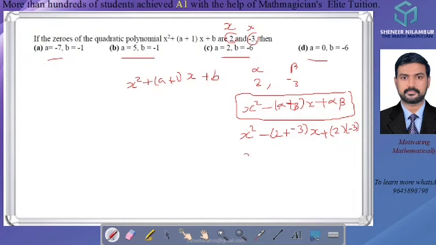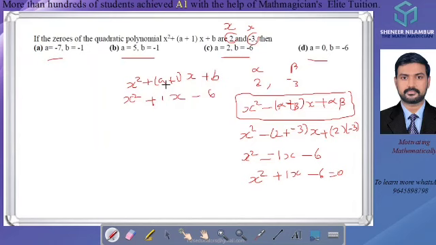So we get x square minus. 2 plus minus 3 is minus 1. So again minus 1 is coming, it will be minus of minus 1 into x. Outside one minus symbol is there. So 2 into minus 3, what is 2 into minus 3? Minus 6. So we can give here minus 6. So we get the polynomial x square plus 1x minus 6 equal to 0. Our given equation is x square plus (a plus 1) into x plus b. Here we got the equation x square plus 1x minus 6.